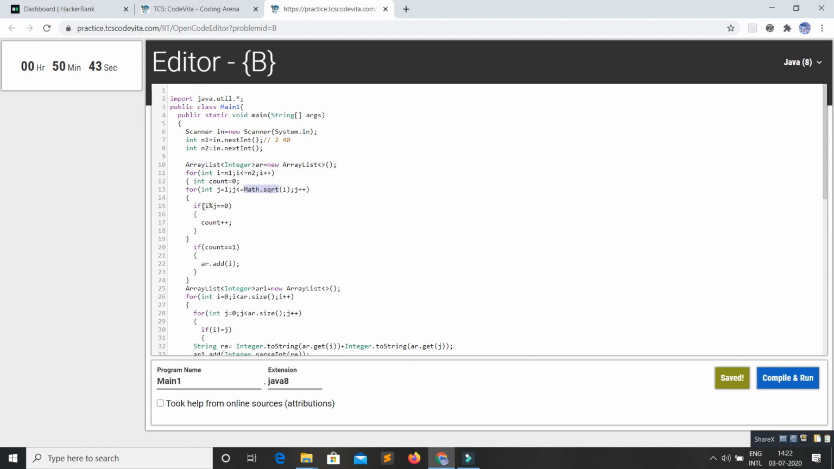Prime number means it will not be divisible by more than one number. Means if 5 is a prime number, then it will be divisible by only 1 and itself, not by a number between them. Then we'll find all the prime numbers, and